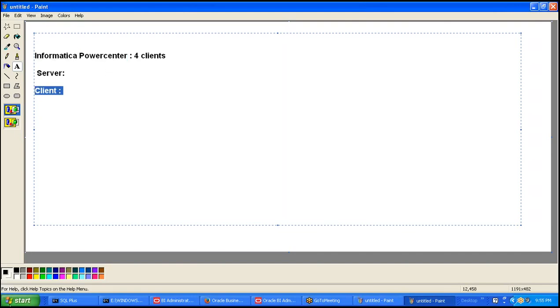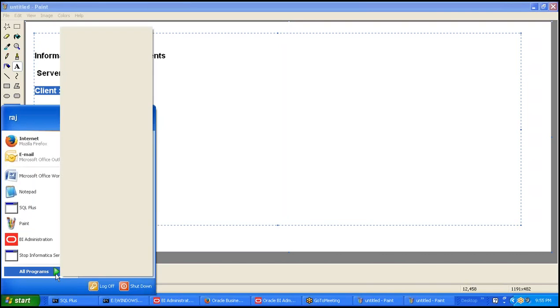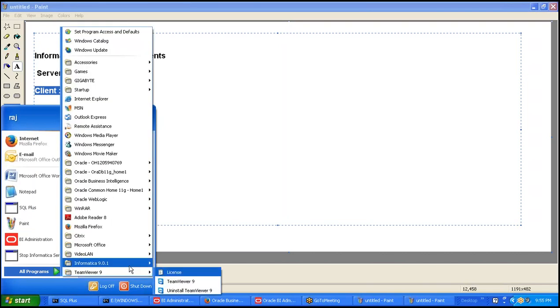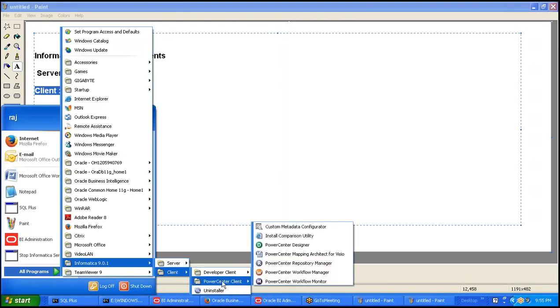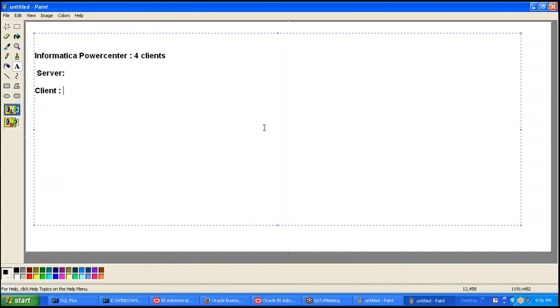Here on my system you can also find Informatica. If you observe, you are able to see a server and a client. In the clients, you are able to see the Power Center client. In that you are able to see the Informatica repository manager, which is used to manage a repository. Repository means the location where you install the Informatica software and also store all the mappings, or the ETL code, that is developed in Informatica.